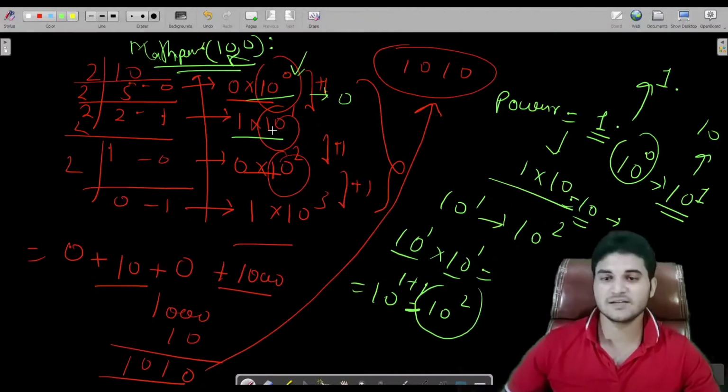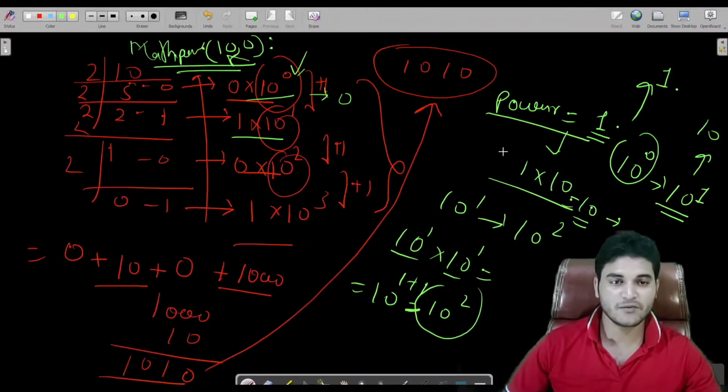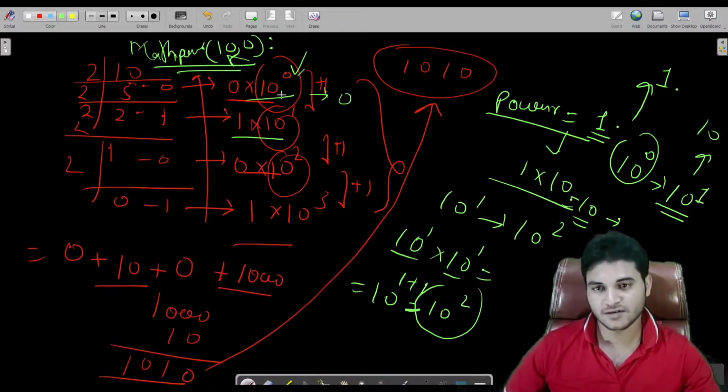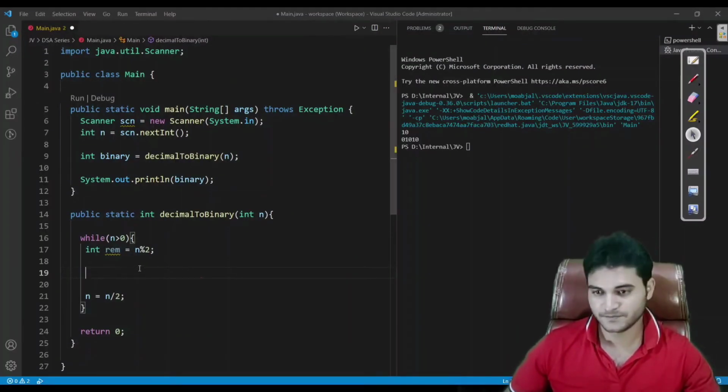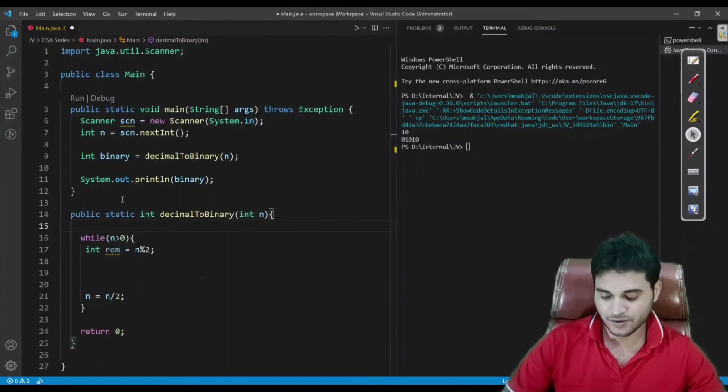So we will apply the same logic. We will take a variable power, and each time we would multiply power into 10, so that we get the result in this way. If it is confusing to you, let me explain here also. I am going to take a variable.